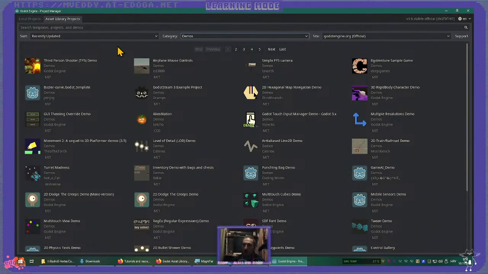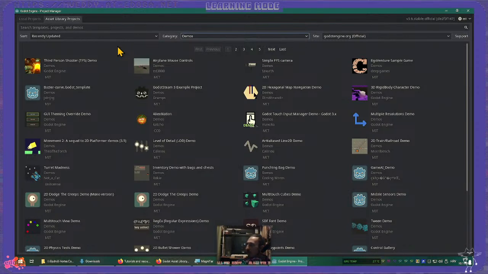What next level? Detail demo, turret madness, multi-touch. So demos also demonstrate the engine capabilities, like for touchscreens, tablets. But I can tell you from my experience that a lot of things work right out of the box. With the engine itself, the editor, there's a larger file, an export template that is used